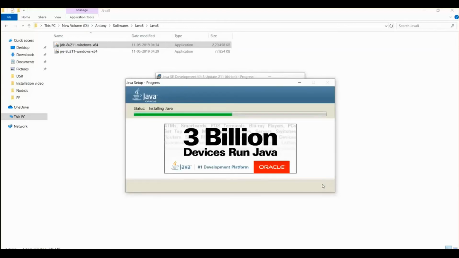So after we complete this flow, we need to select JRE, that is Java Runtime Environment. That also we need to install. Let's wait for this installation to complete.